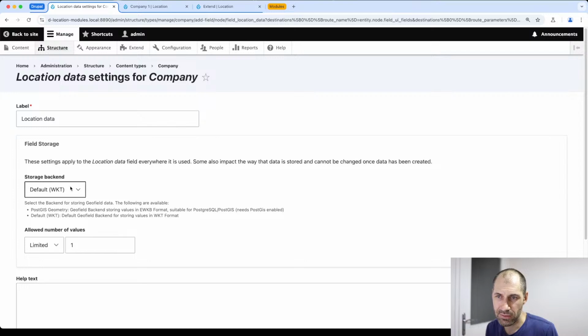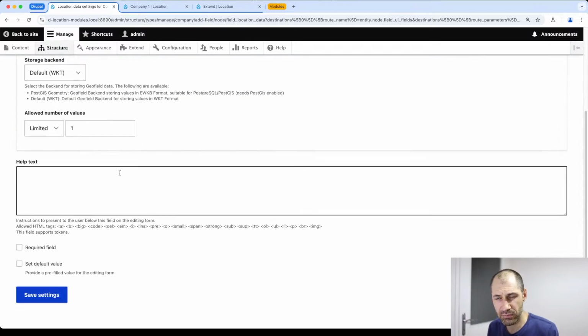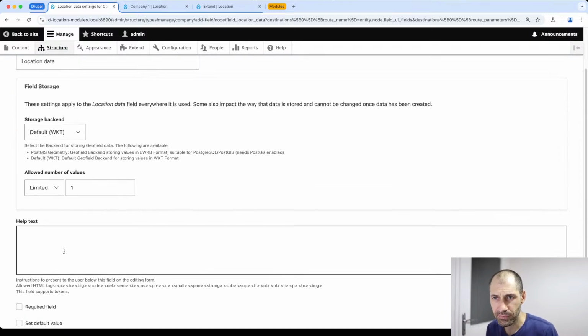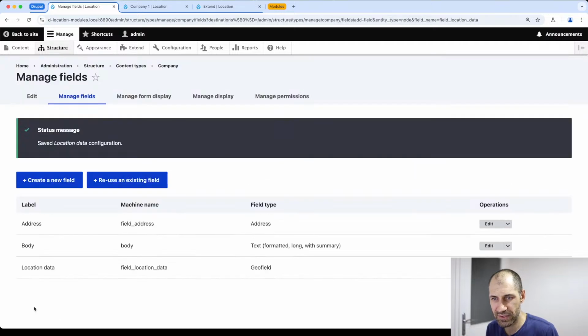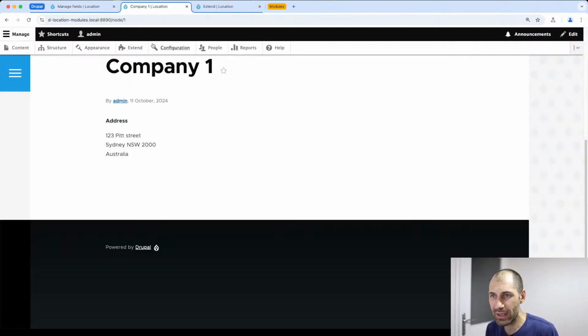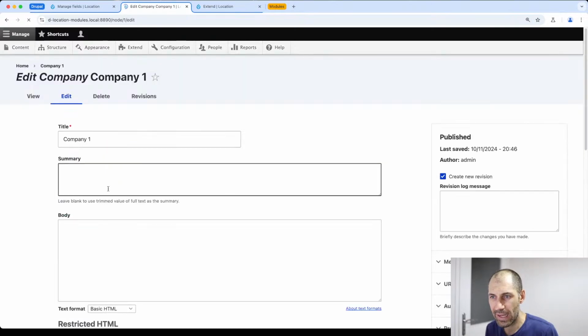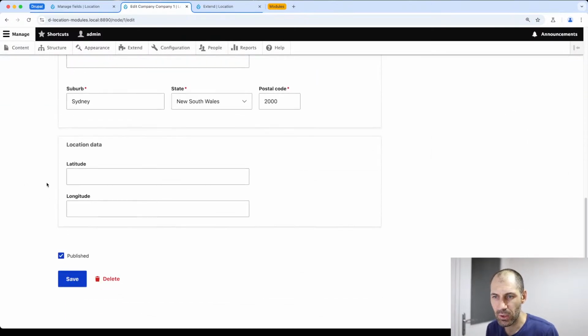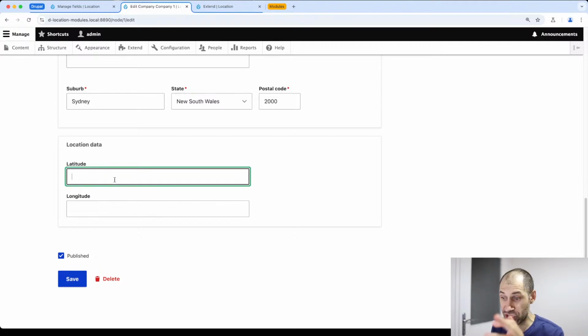And just keep everything as it is. You can change this later on and save it. Now, if we go into our company, you will have a longitude and latitude. Now, you can just chuck in a longitude and latitude here and use a mapping tool to then display that